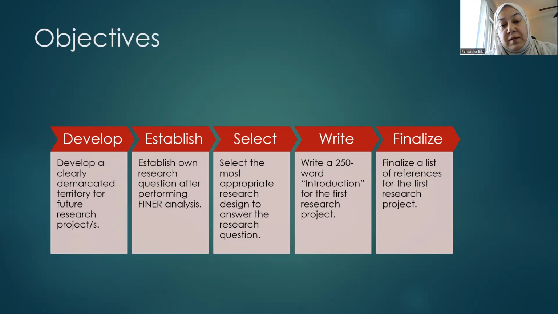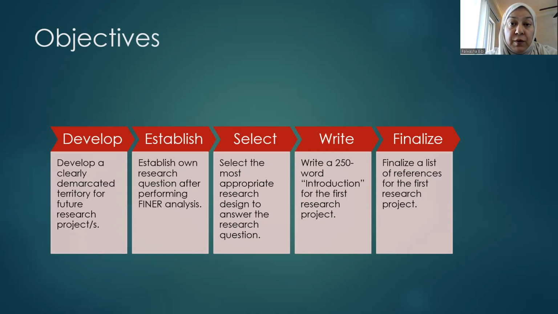I help the participants come up with a research question that forms the foundation of the entire research project. Then select the most appropriate research design to answer that research question. Once the question is developed, it becomes very clear what kind of research design is required to answer that question. And once we select the design, our research is going to be useful to the rest of the world